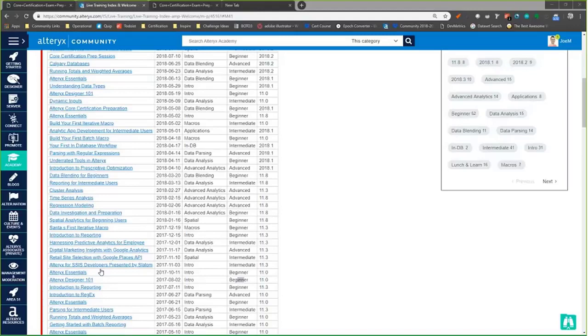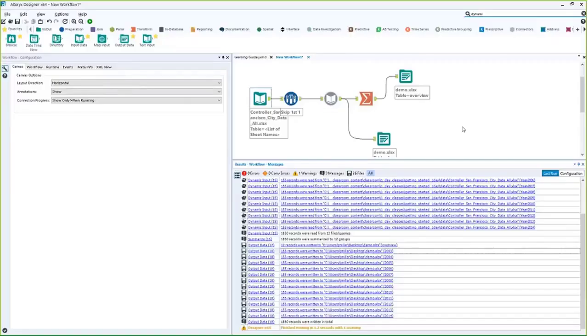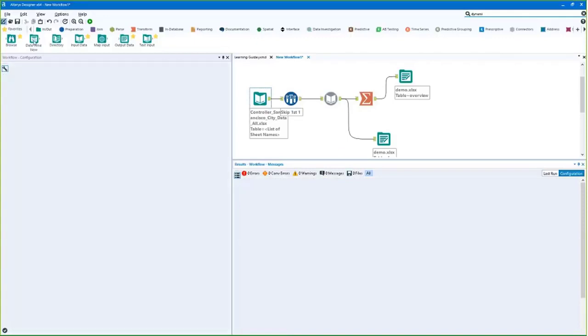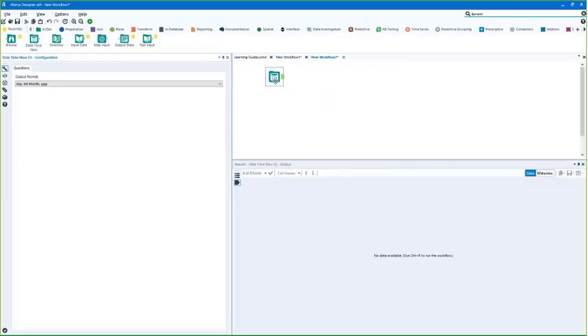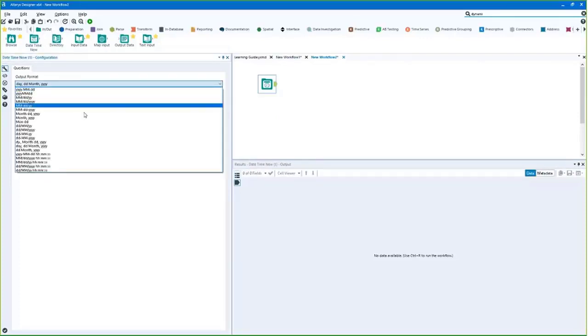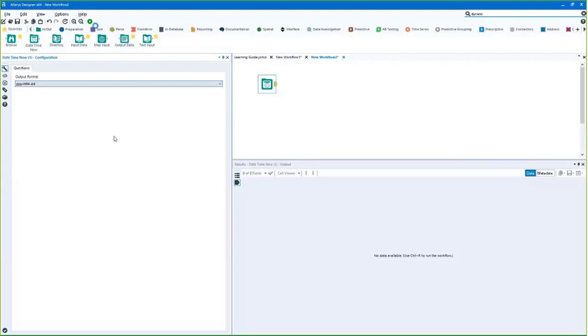So the question that came through says, let's say I have a folder with 10 Excel files for 10 years, 1 file per year, but I would like to upload the file for the current year. Is that possible? Absolutely. So it really depends on a number of different ways that you'd like to approach it. But one tool that I'll point you to that's really easy, and this is totally a bonus question because I think this does show up, is this Date Time Now tool. So this tool is just going to return the date of today, right? So I could come in here and run that and say, hey, it's